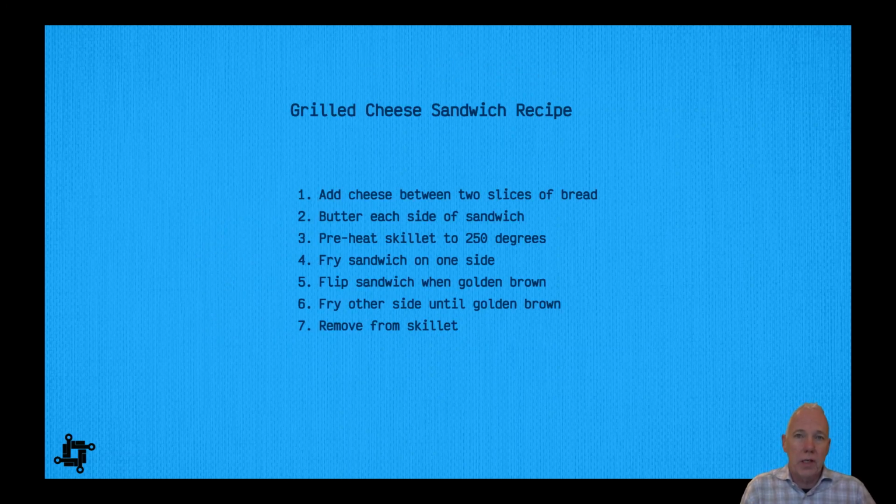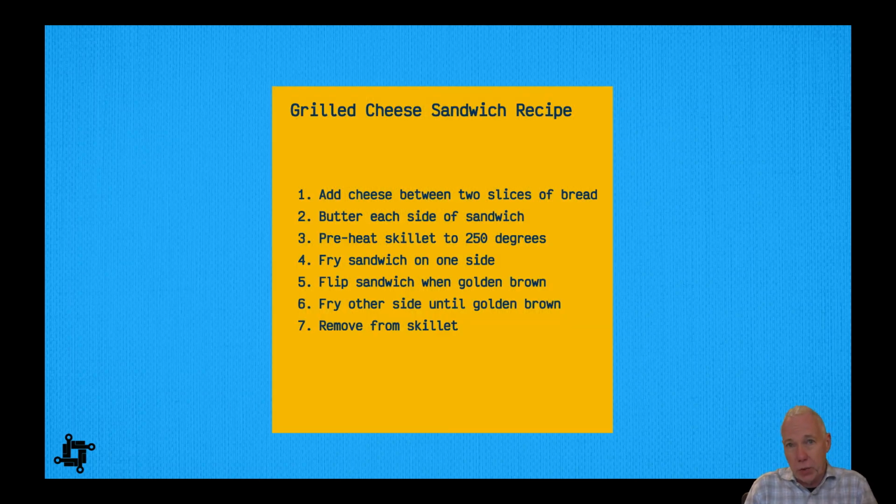So first, I thought I'd start out with the concept of a recipe. So you can imagine a grilled cheese sandwich recipe having all of these steps that it's going to go through to actually make a grilled cheese sandwich. And when we think about this recipe, we can also think about the fact that it has inputs. So it has something that comes in, and then we follow the recipe, and then of course it has outputs